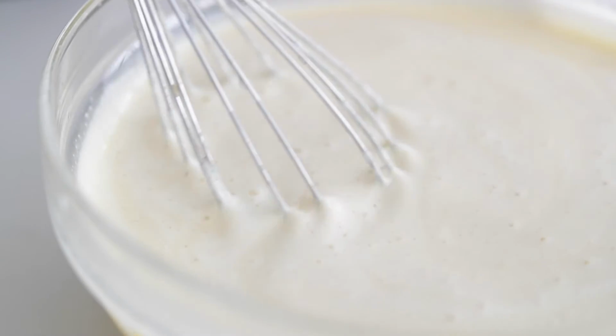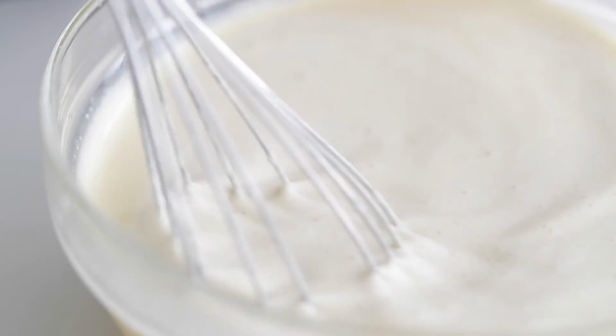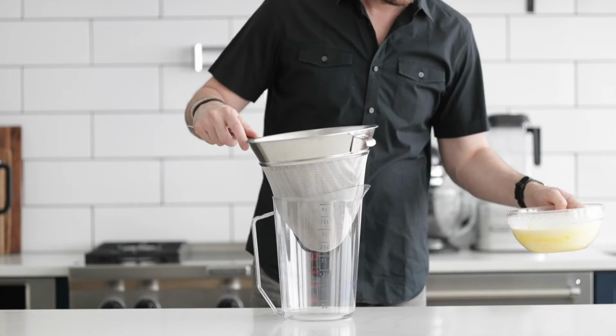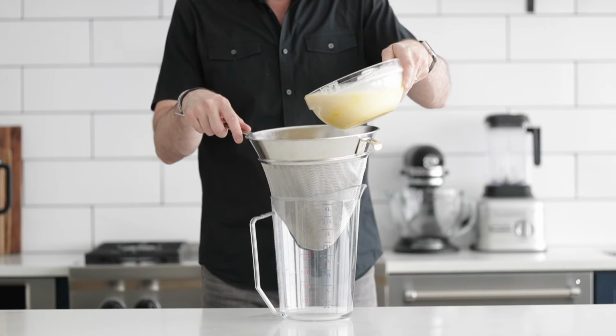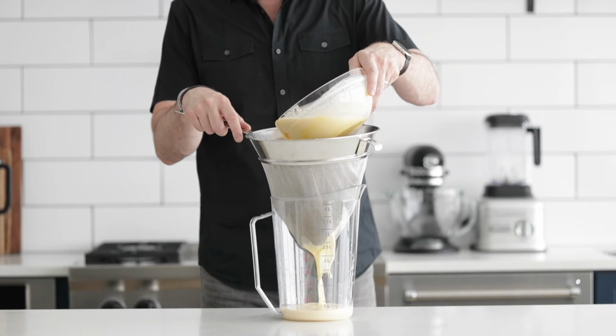Mix it together very gently just until combined, and now we need to strain it to sort of get any of those unwanted egg particles that are in there. So using a fine mesh strainer right into a plastic container that has a spout or a bowl, totally cool with whatever you use. Strain it through,